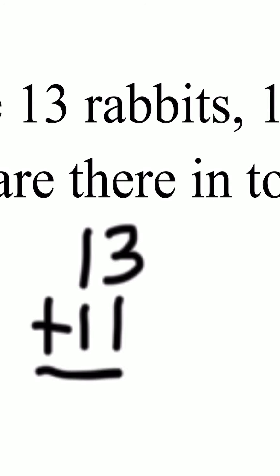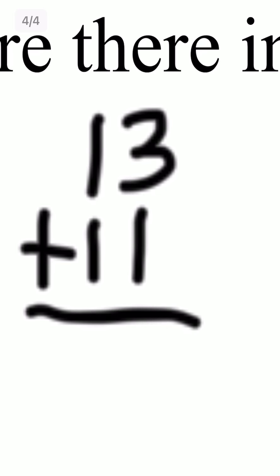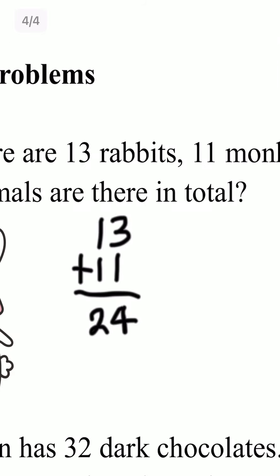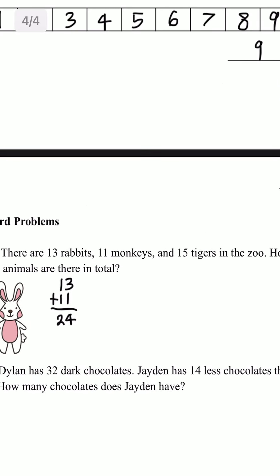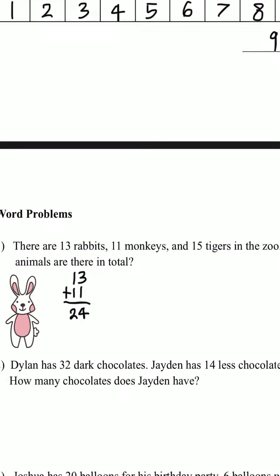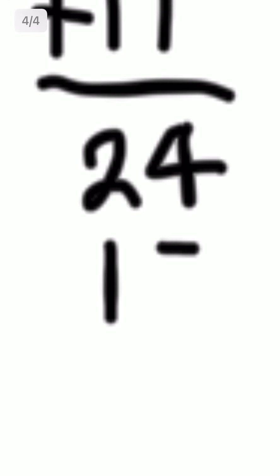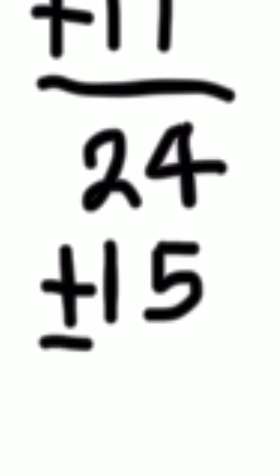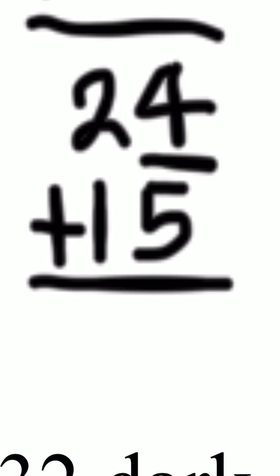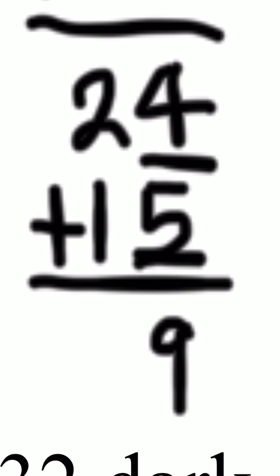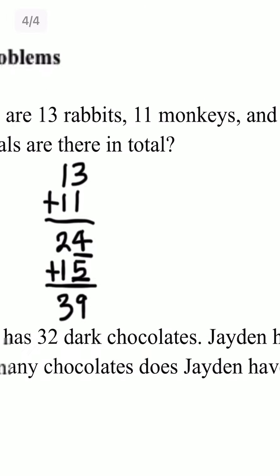Let's first add 13 and 11. 3 plus 1 is 4, and 1 plus 1 is 2, so 24. And then now we have to add 15. 5 plus 4 is 9, and 2 plus 1 is 3. So 39 is the